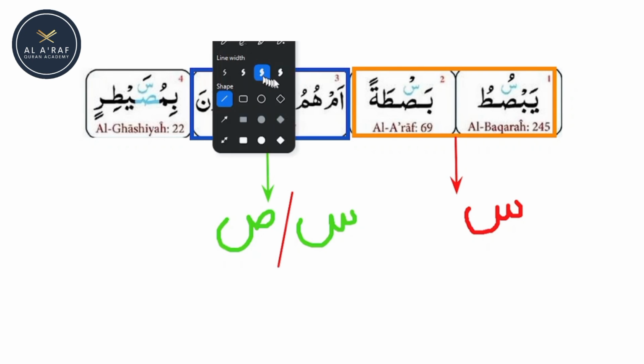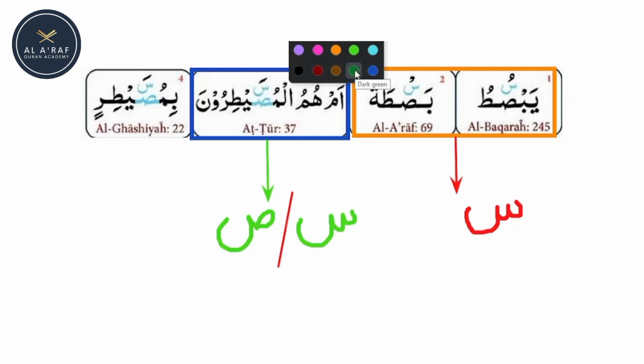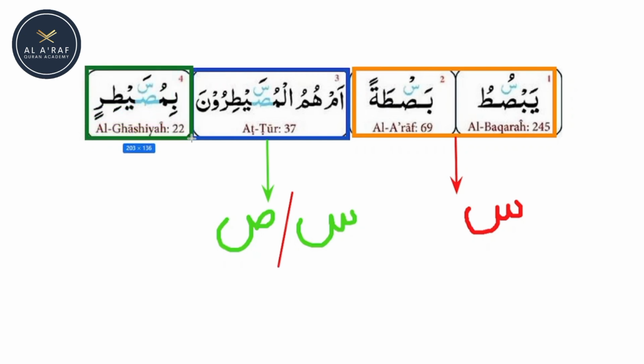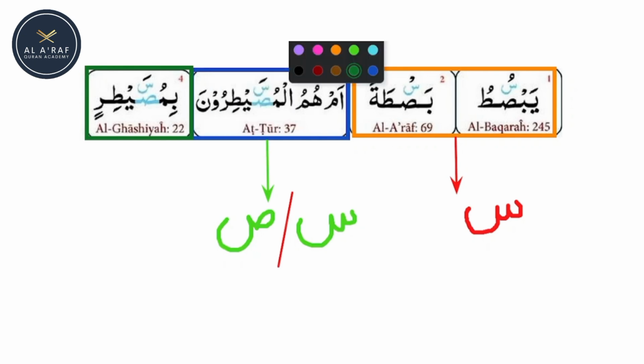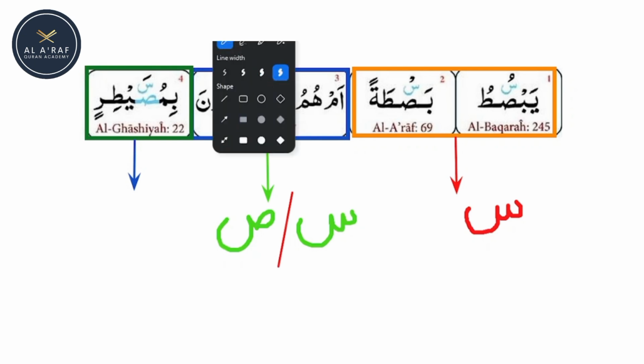Now, if I highlight the fourth word here, let's see how to pronounce it. In this word, what you have to do? Only the one choice remaining. Let me just tell you which letter you have to pronounce here. You have to pronounce it with the letter sword. Exactly. You have to read it with sword. Well done.